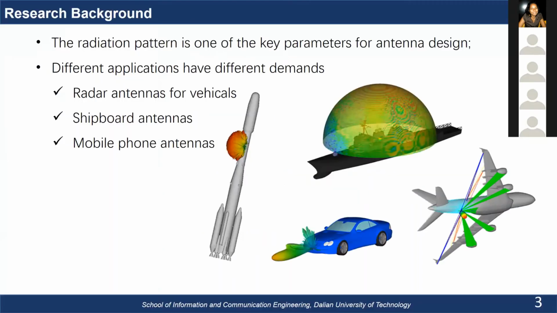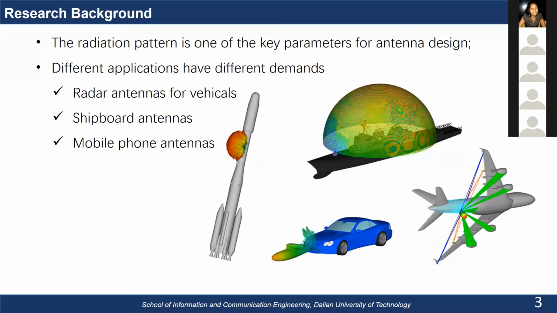As we all know, the radiation pattern is one of the key parameters for antenna design. However, for different applications, different radiation patterns are required. For example, for a radar car antenna, the radiation pattern should be pointing directly forward. For a shipboard antenna for communication applications, it needs a low elevation angle. And mobile phone antennas need omnidirectional radiation so that signals from anywhere can be well received by